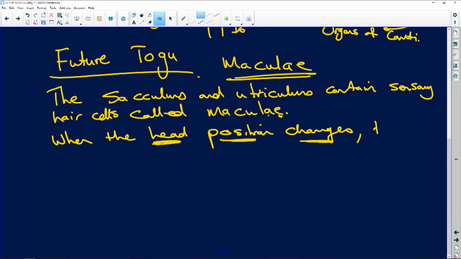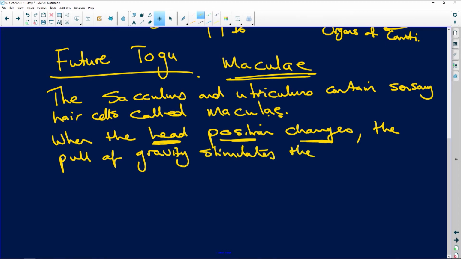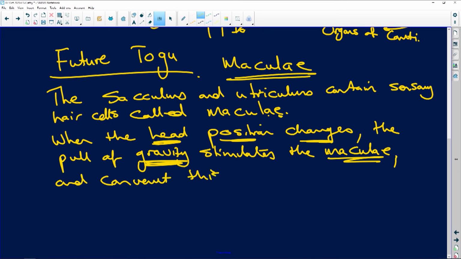And you have the pull of gravity that stimulates the macula. Okay, so it's gravity that works on those little macula, all right? And convert the stimulus to an impulse,